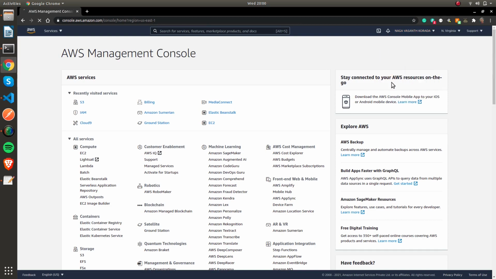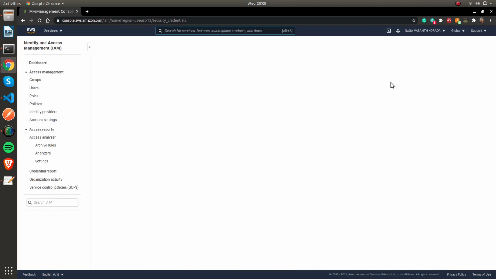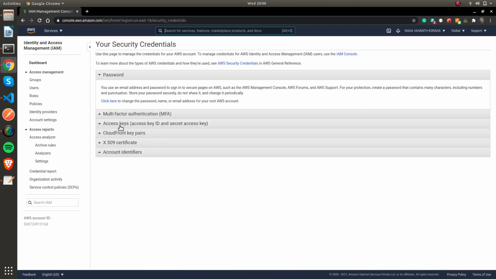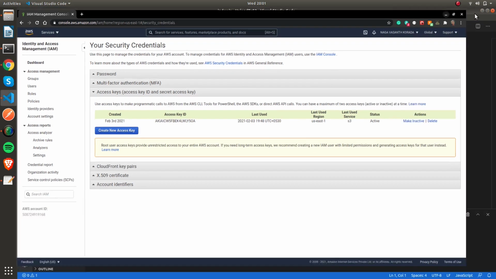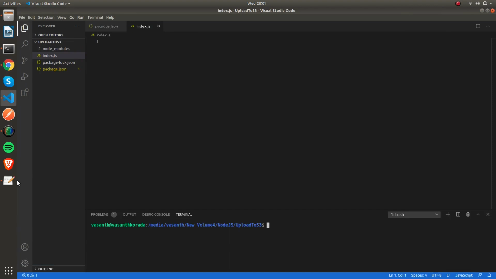You can click on my security credentials, and you can find your security credentials in this access keys section. You need the access key ID and secret access key. You can find those two by clicking this button, create new access key. I already have one access key with me.